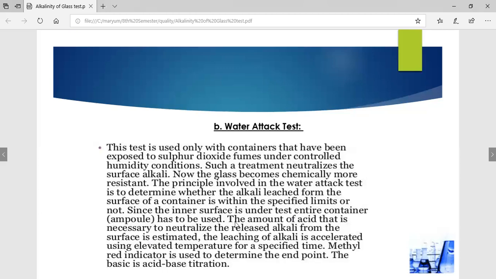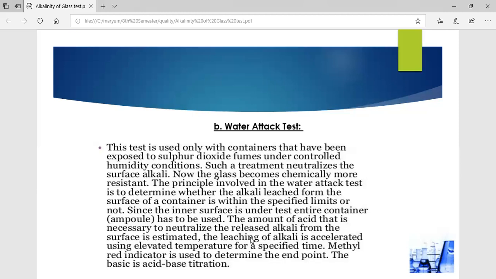We use the entire container or ampule which we have to test. The amount of acid necessary to neutralize the alkali released from the surface is estimated, and the leaching of alkali is accelerated using a limited temperature for a specified time. We can't wait for days, weeks and months for the leaching to happen. So what we do is give pressure and elevate the temperature to accelerate the process of leaching, and we